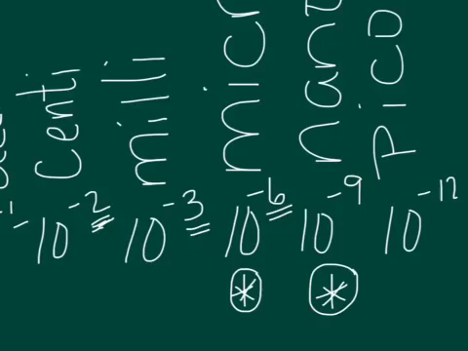And down to pico, well, we're looking at trillion. So there would be 1 trillion picograms in a gram, 1 trillion picoliters in a liter, and 1 trillion picometers in a meter. So that finishes up our talk about